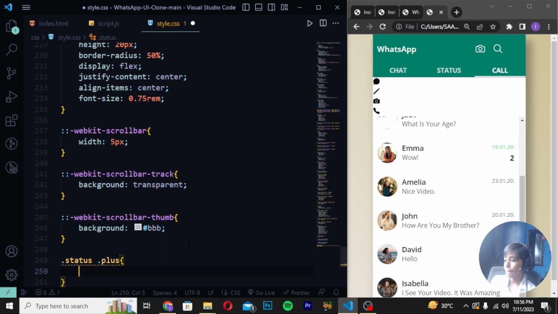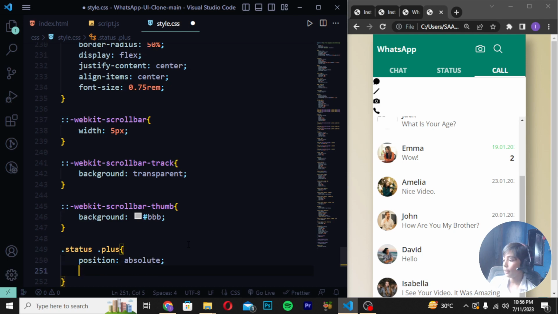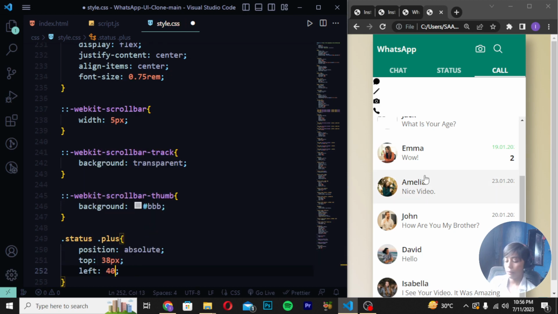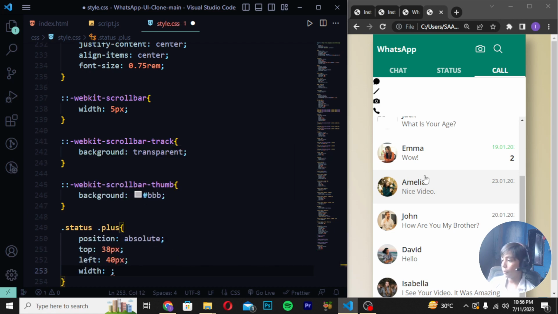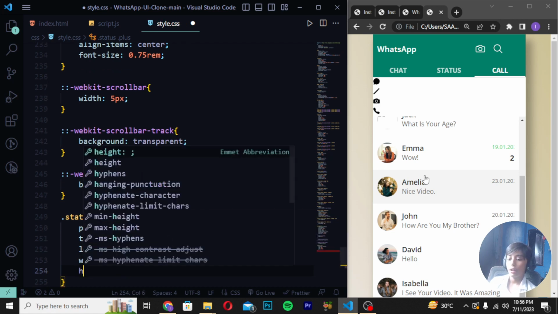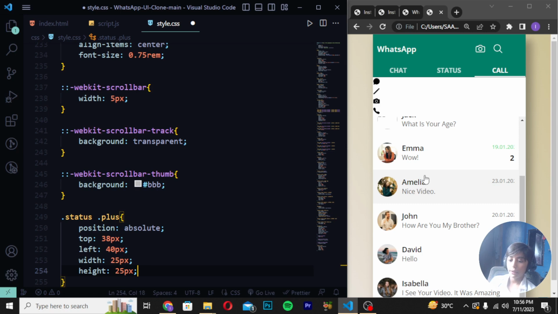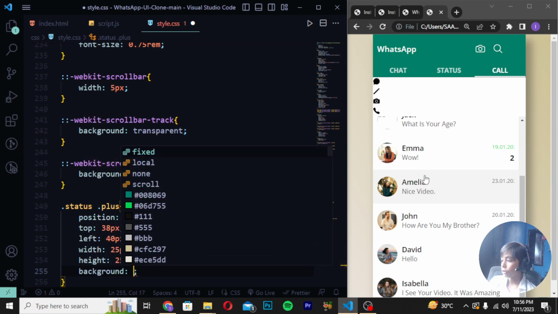And now here we can write .status plus, position should be absolute, enter, and top should be 38 pixels, left should be 40 pixels, width should be 25 pixels, height should also be 25 pixels, background should be #